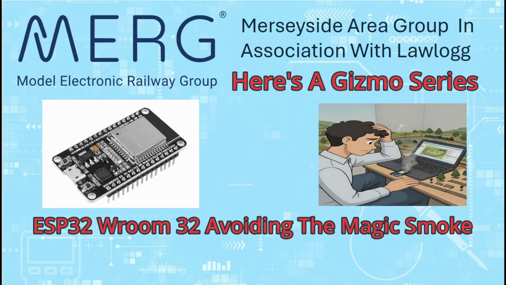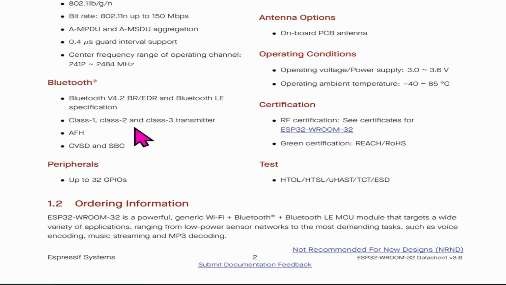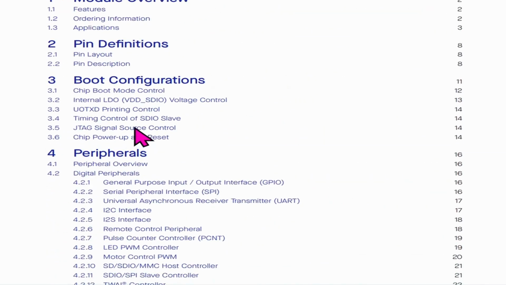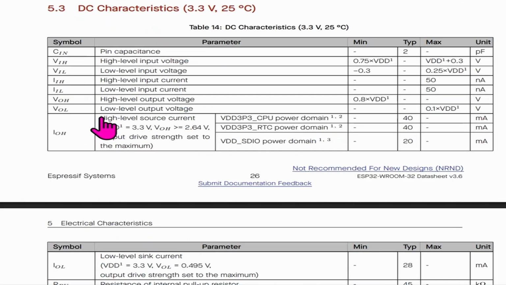So in today's video we're going to try and avoid the magic blue smoke with our new ESP32 WROOM-32. So in the datasheet, if we scroll down to the index page and we take a look at the electrical characteristics and the DC characteristics, here we can see, so when people look at the datasheet here, there's